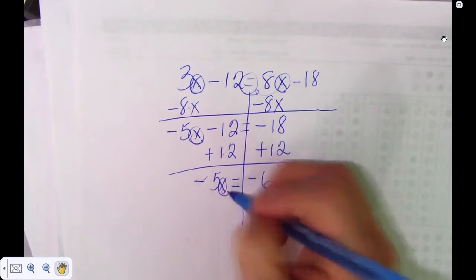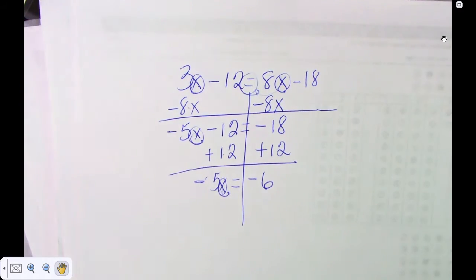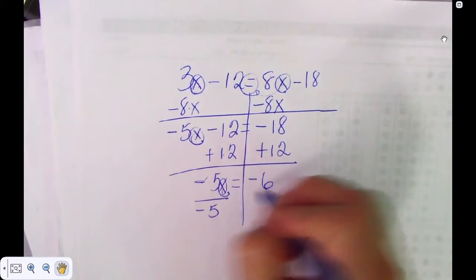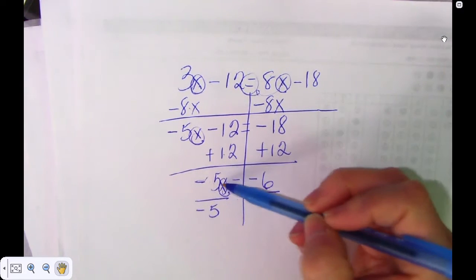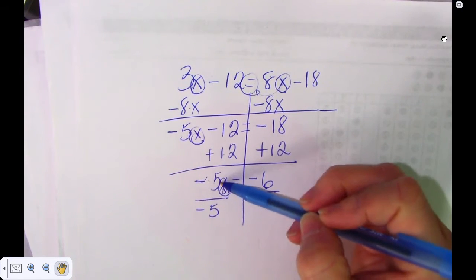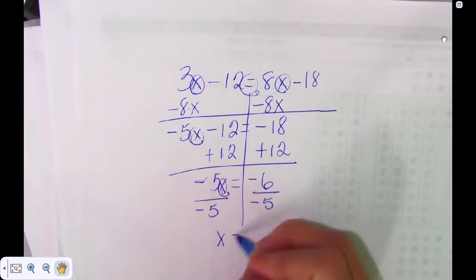Now, circle the x again. I got to get rid of negative 5. How do I get rid of it? Divide it. Why am I dividing? That's multiplying. Good. Opposite of multiplication is division. So x equals,